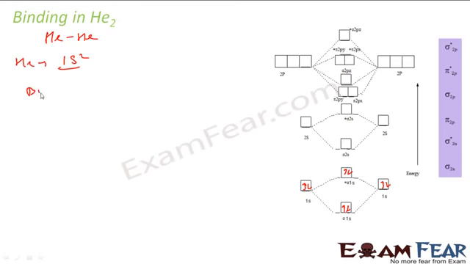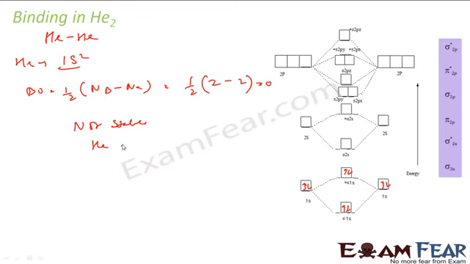So what is the bond order? 1 by 2 into number of electrons in bonding minus number of electrons in antibonding. So this becomes 1 by 2 into bonding electrons, there are 2. Antibonding, the star is 2. That becomes 0. So bond order is 0. That means it is not stable and doesn't exist. Correct? Very simple. There is no point in finding magnetic